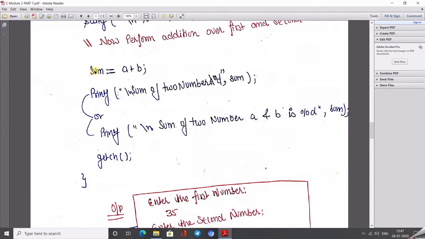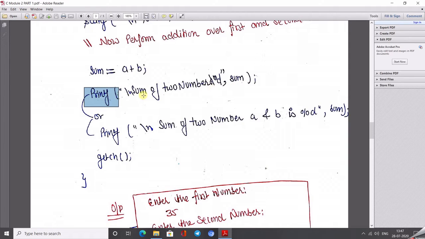So which function is basically used for getting the output on our screen? I remember that the printf function is basically used to give the output on the monitor screen. So we call the printf function. There are so many writing styles of the printf function, and so many techniques to call it. Like the first one is "sum of two numbers, %d", sum.